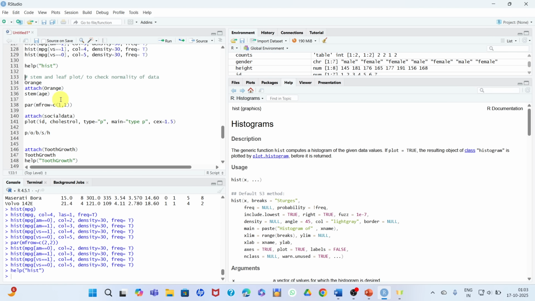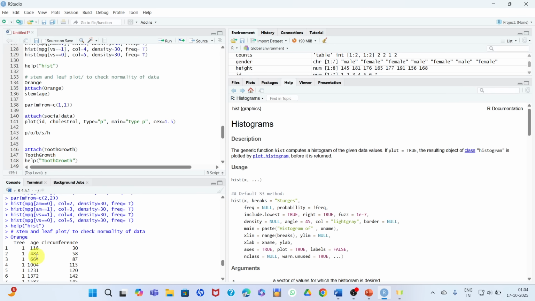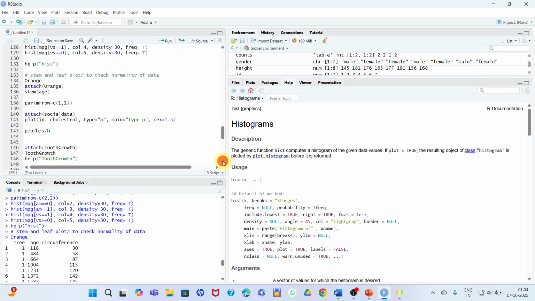Next is the command for the stem and leaf plot. It is used to check the normality of data. So let's again use the data, like we used mtcars previously. Orange is also a default data. Let's run this. This is the data. Let me show you. That is Tree, that is the age, that is the circumference of the tree.